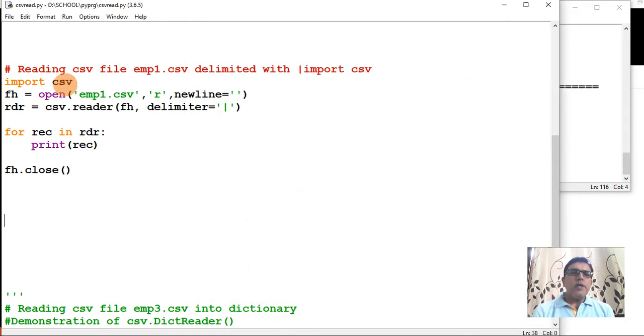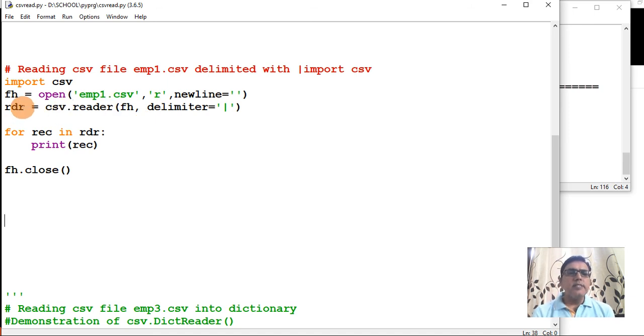So first of all you will import the csv module. You will associate the file handle with emp1.csv. Newline is again a null string. For reading purpose I am opening it. Now you see this statement.